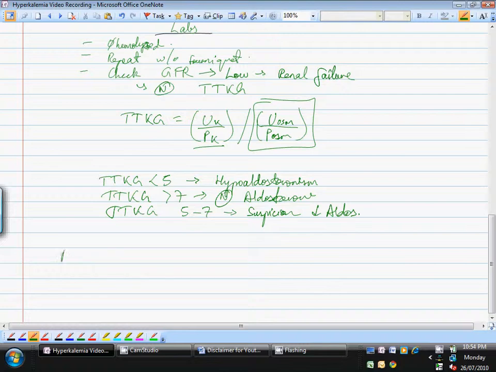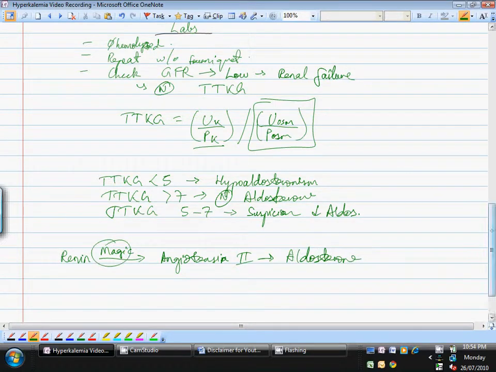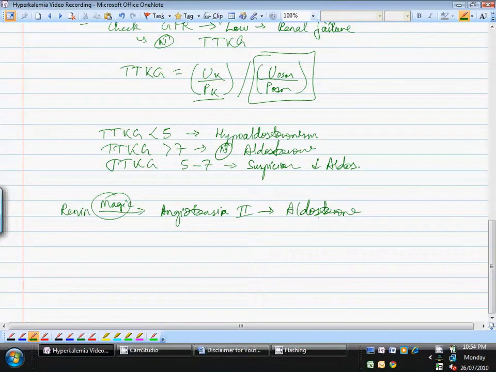Now, a lot of you may be wondering, what is the role of aldosterone in potassium homeostasis? Well, it's actually a little bit complicated, but I'm going to give you the simpler version here. You have renin secretion, which causes angiotensin II formation, which then causes aldosterone secretion. Now you can see I wrote magic here, mainly because you have renin causing angiotensinogen activation to angiotensin I and then angiotensin II. But we can skip that for now, because all we want to know is that renin causes